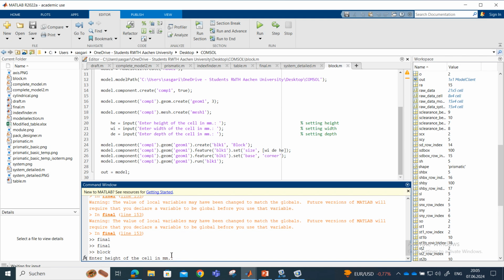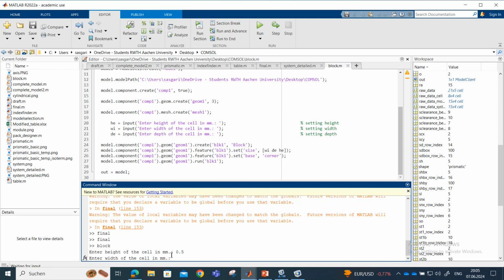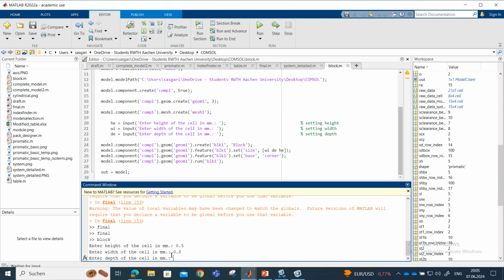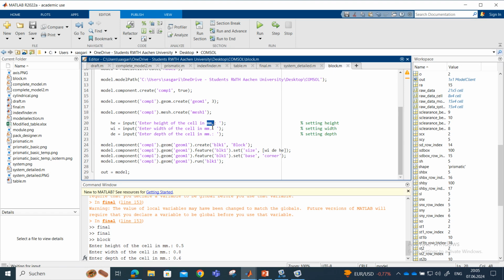I want it to be 2 meters, probably. No, 2 is very unrealistic. 0.5. Width, I want it to be 0.8. And I want my depth to be 0.6 maybe. Actually, they are in millimeters. You may ask, we just set our dimension to meter, why is it millimeter? Because I just copied it from another code, so it has no meaning. Actually, our dimensions are still in meter. If I change it to meter and run it once again,